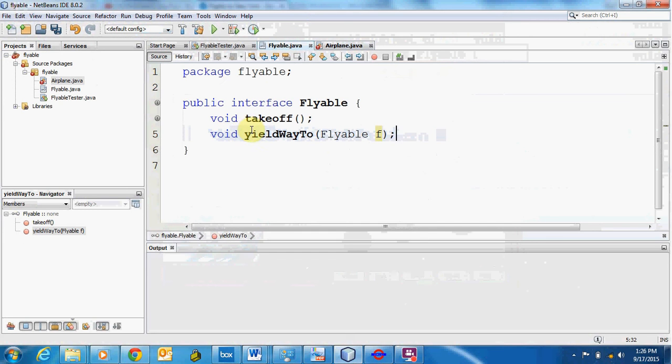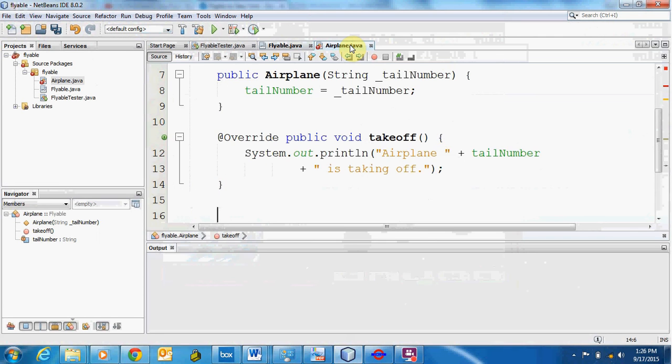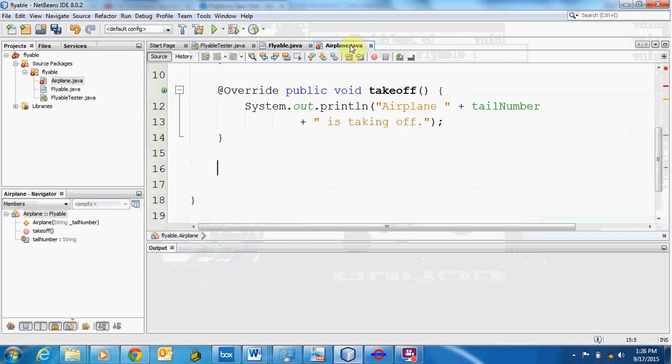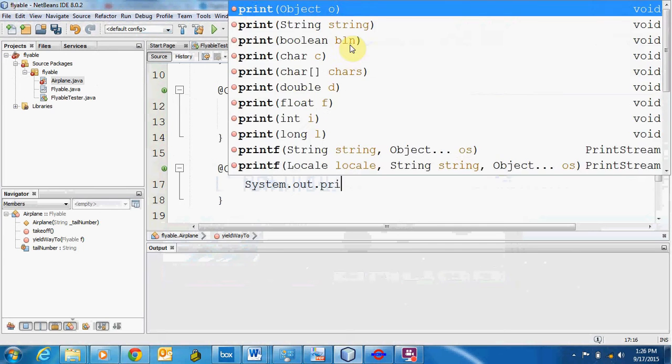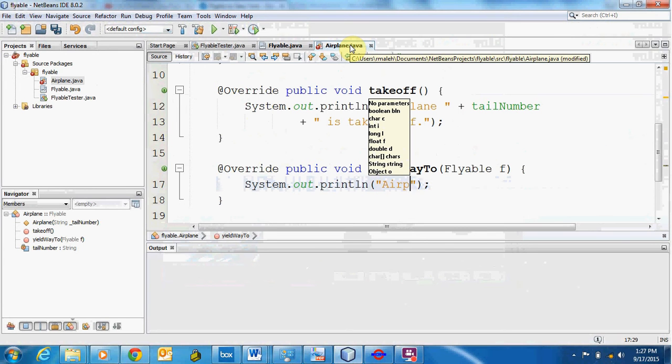Of course, we also need to provide an implementation for yieldWayTo. So let's do that. @Override public void yieldWayTo(Flyable f). We need to provide an implementation here. This is, again, going to be a very simple implementation. System.out.println "Airplane "